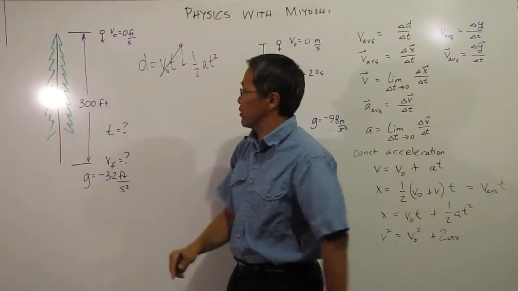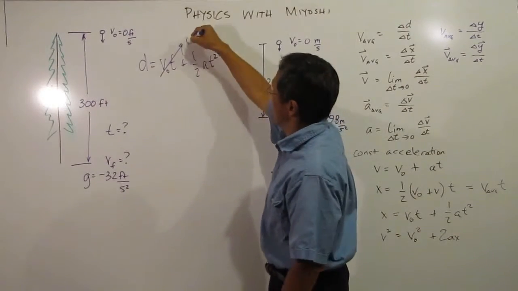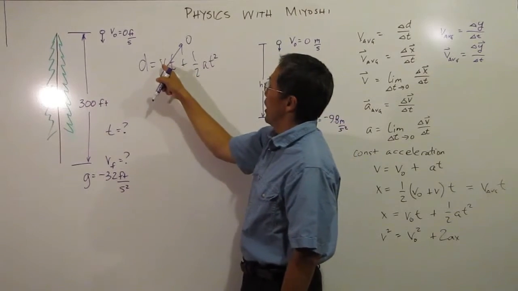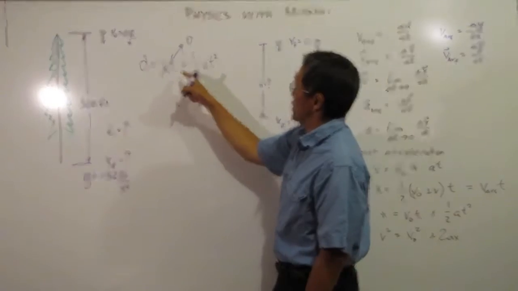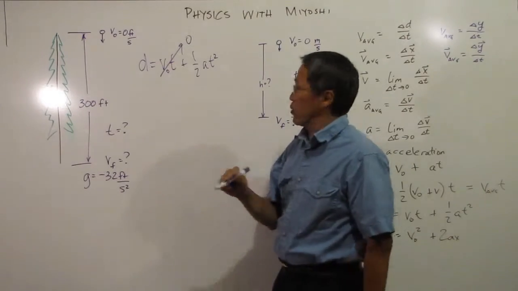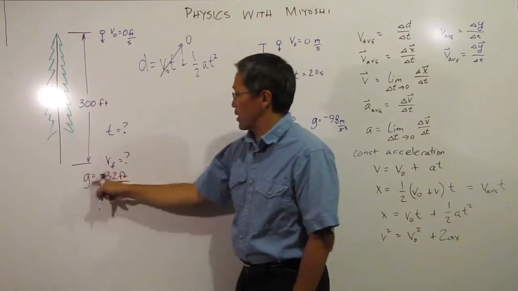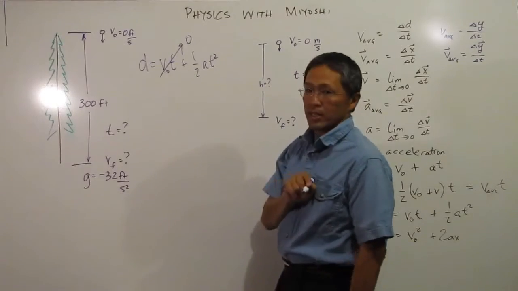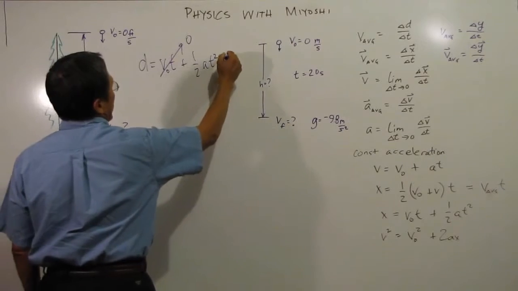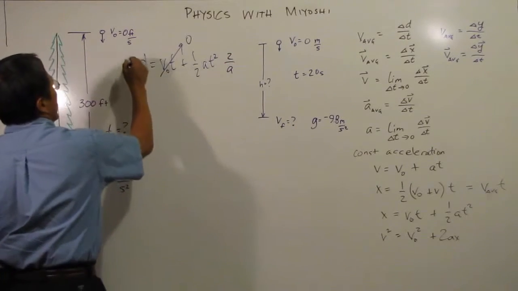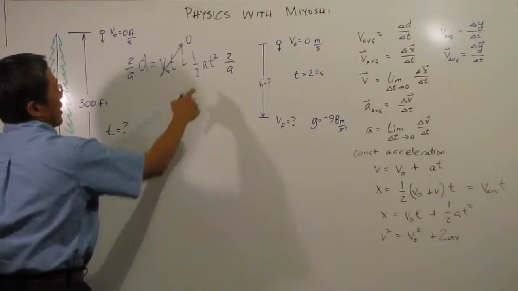Remember to draw a picture. It will help you out. So I know this is going to be 0 because 0 times anything is still 0. So then all I have to do is d is equal to 1/2 at squared. Well, I know a is my gravitational constant, and I'm just trying to find t. So let's rearrange this guy. I'll multiply both sides by 2 and divide by a. So I end up with